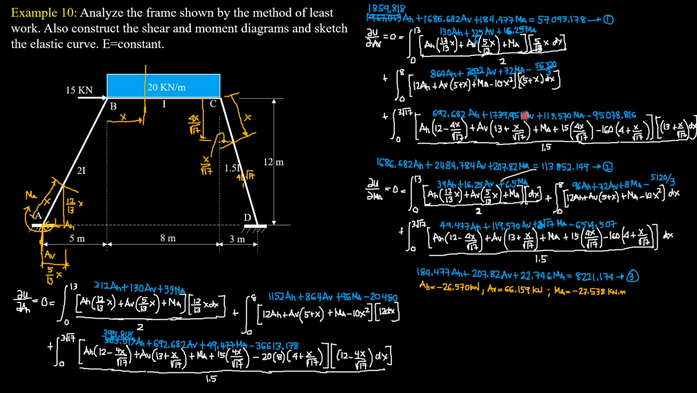So integrating, the first integral from 0 to 13, the length of AB is 13 meters. So we have 130 AH plus 325 over 6 AV plus 16.25 MA. For the next integral, we have 864 EH plus 2072 over 3 AV plus 72 MA, and for the constant, negative 56,320 over 3. And for the last integral, we have 692.682 AH,